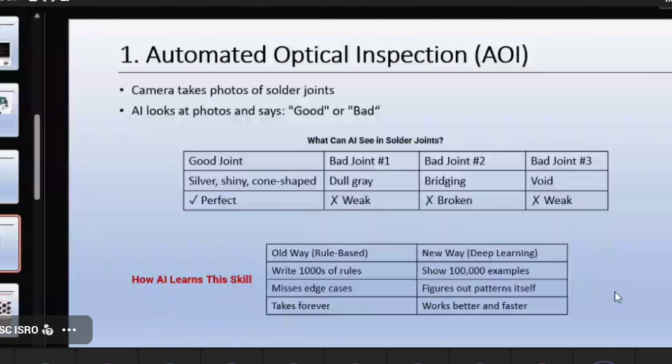So this data model is trained. You feed all those photos and then get the output. This is one of the ways in which artificial intelligence can be used from the optical perspective in inspection. The next thing is where optical fails.